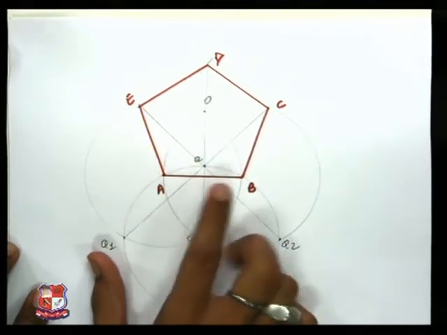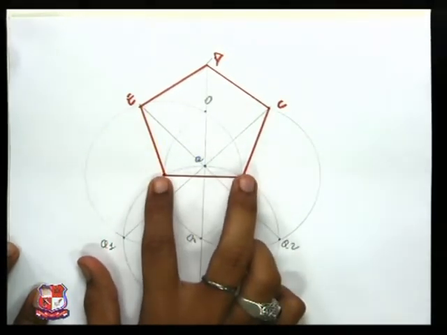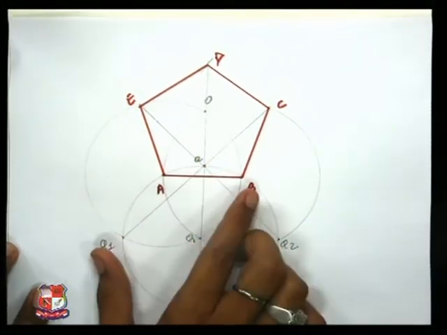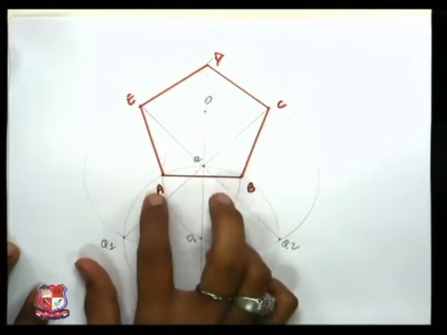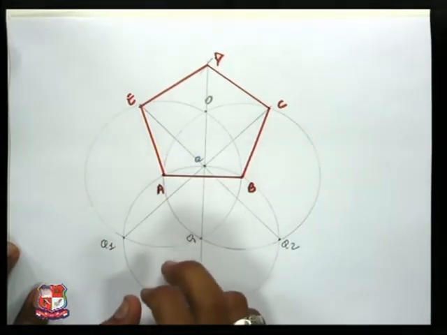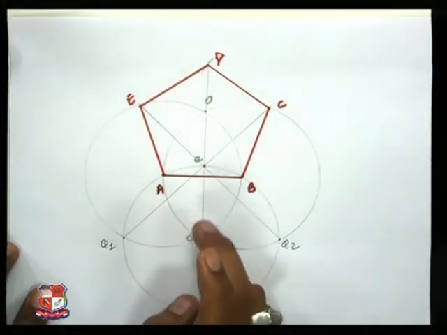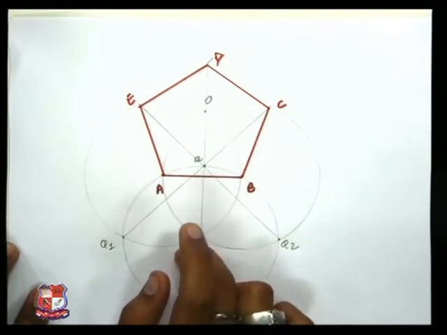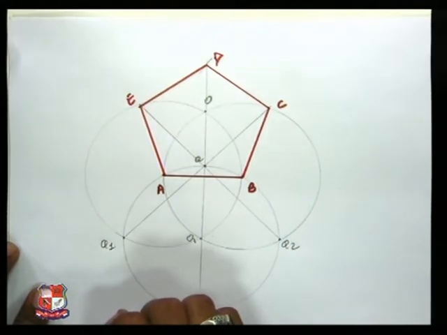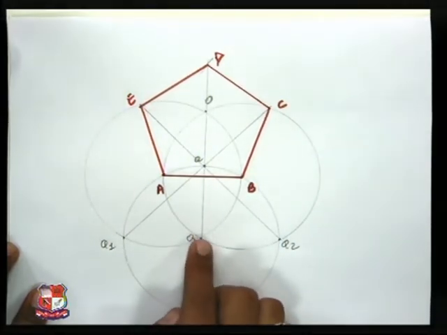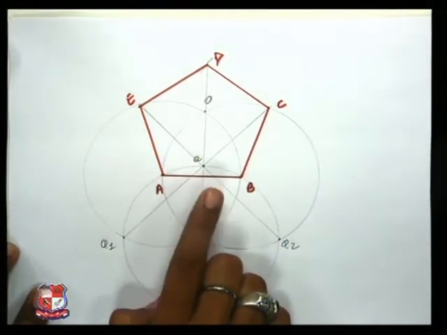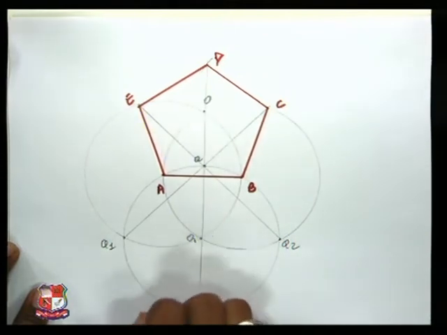The points are named A and B. Taking A as center, AB as radius, draw a circle. First circle. Taking B as center, AB as radius, drawing another circle. Where these two circles intersect, we will get points O and O1. Taking a reference vertical line, which will be a bisector line too. From point O1, take the third circle of radius O1 to O and draw the third circle.